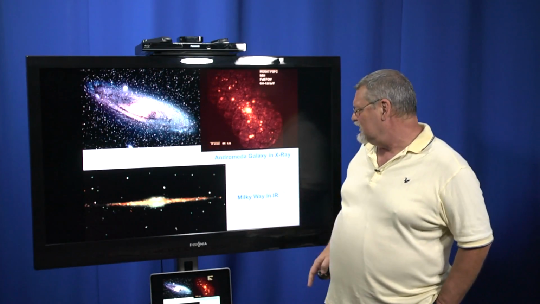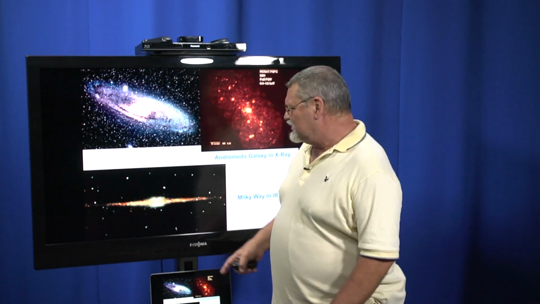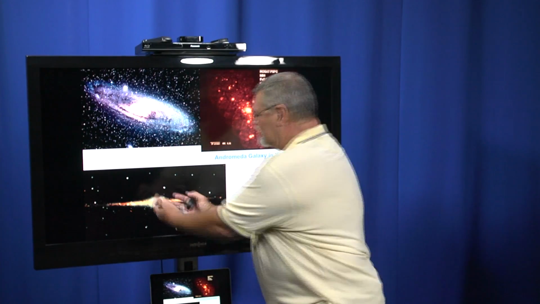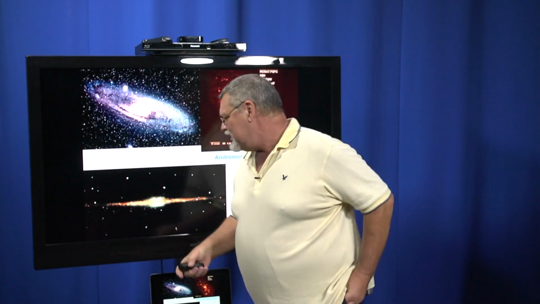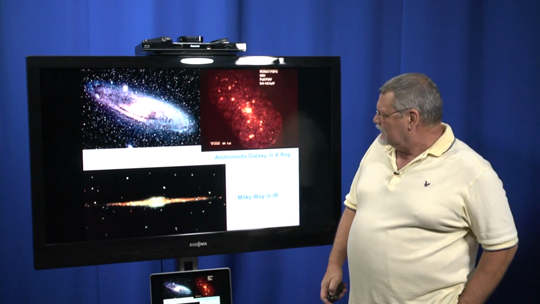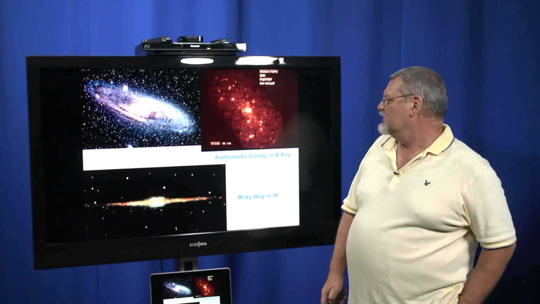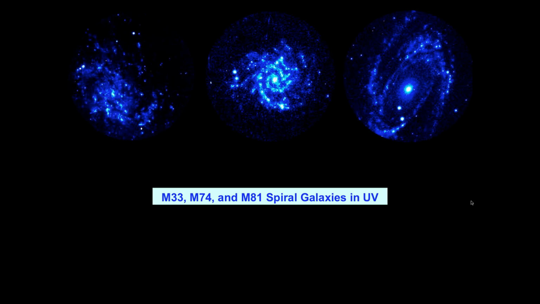This is the Milky Way in infrared. You have to understand we are inside the Milky Way, so this picture actually wraps around us, and it's been flattened out. So this is looking all around us at the Milky Way in infrared, a rather pretty picture. These are other galaxies, and we're looking at them in ultraviolet. Ultraviolet is very high energy, so what we're looking at are very high energy sources inside these galaxies. And it tells us a lot about the kinds of stars and the kinds of objects that are there.